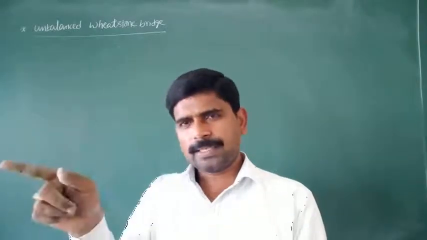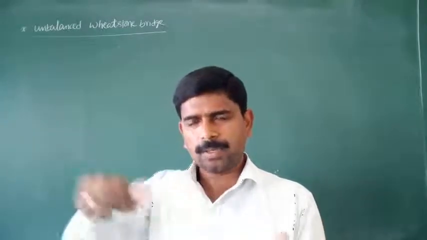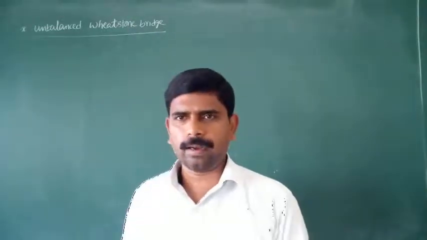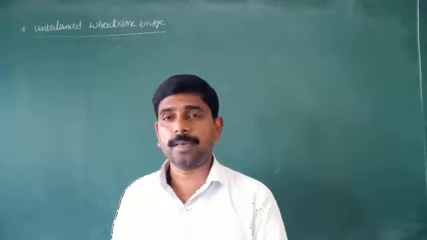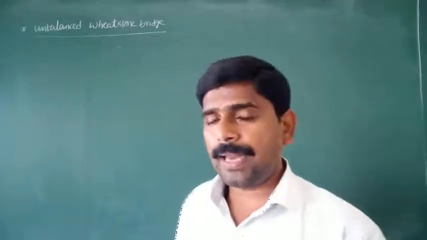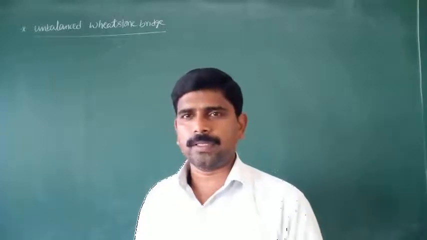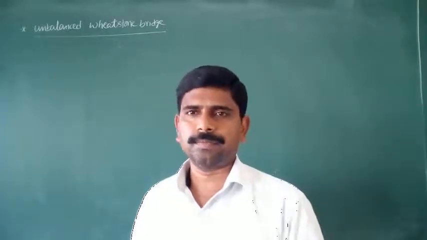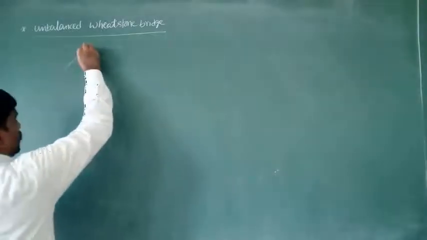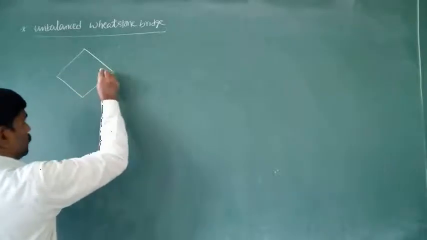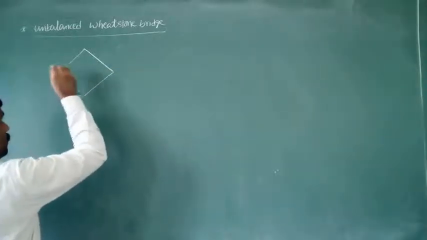The first two resistors are connected in series, the next two resistors are connected in series, and again those two are connected in parallel. In case of the unbalanced Wheatstone bridge, how to find out the effective resistance or equivalent resistance? So observe what is an unbalanced Wheatstone bridge. In case of the balanced Wheatstone bridge, P by Q is equal to R by